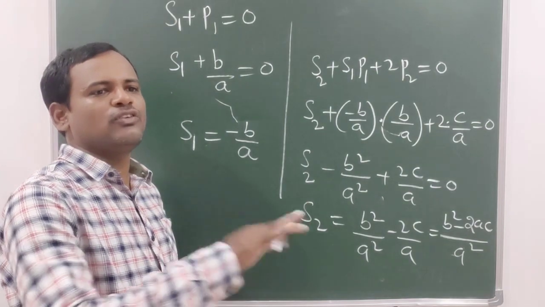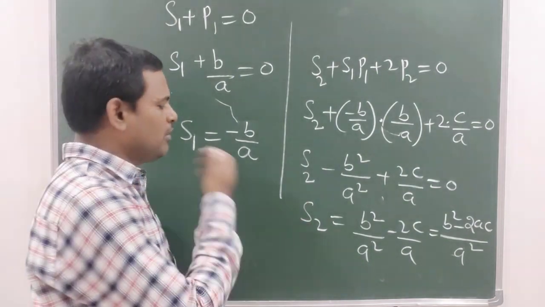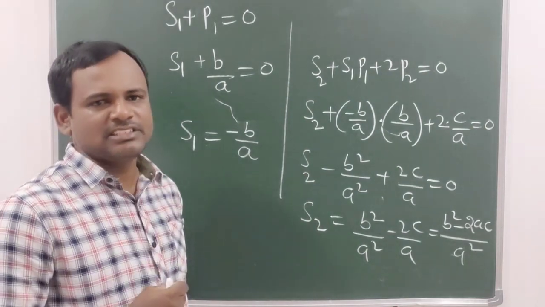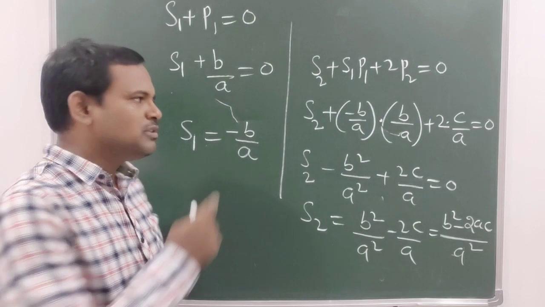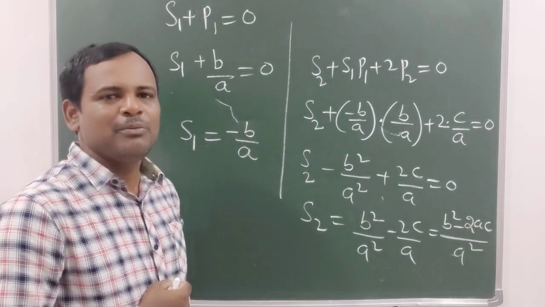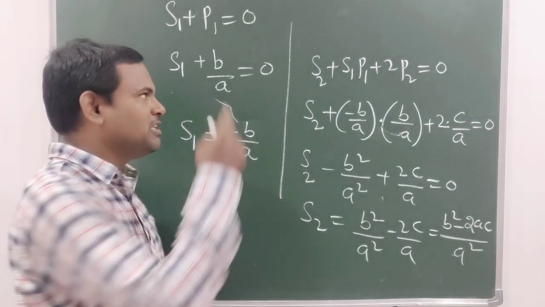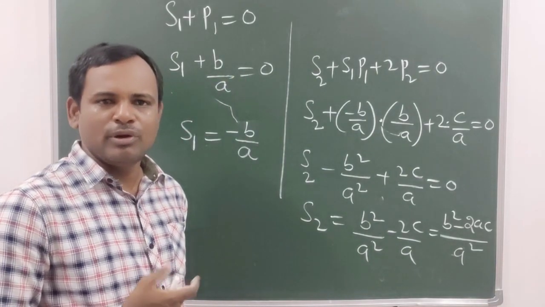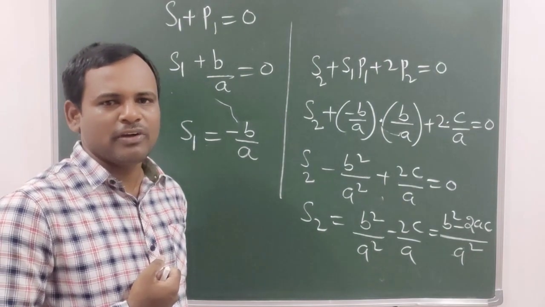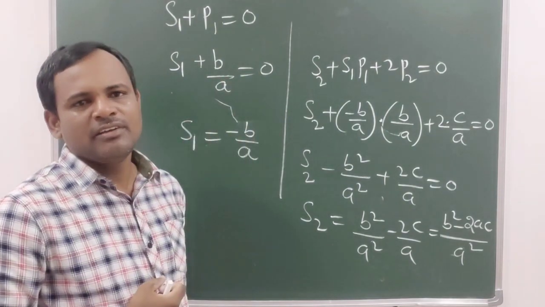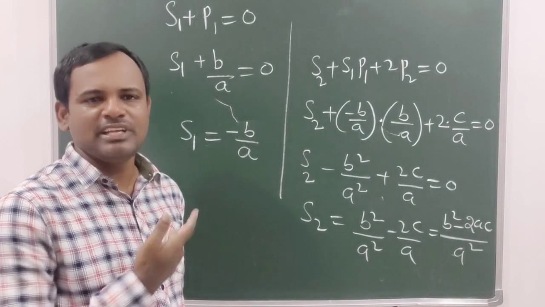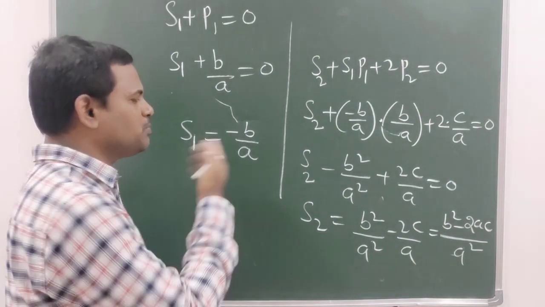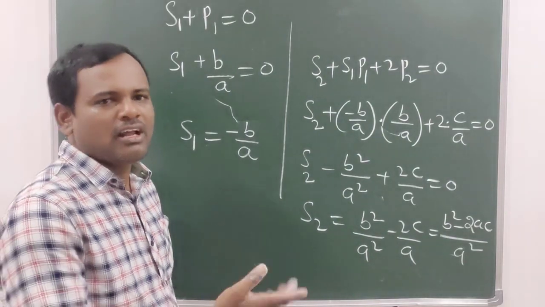Similarly, S3, S4, S5 we have to determine in this way. But while finding the S3, S4, S5, there we require P3, P4, P5 values. But in the problem we have only P1, P2 only. We don't have P3, P4, P5. So in those places we have to take as 0. P3 is 0, P4 0, P5 0 we have to write. Okay. Now I explain you along with one example.